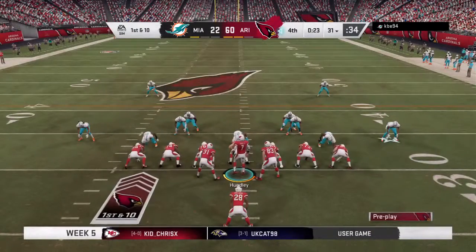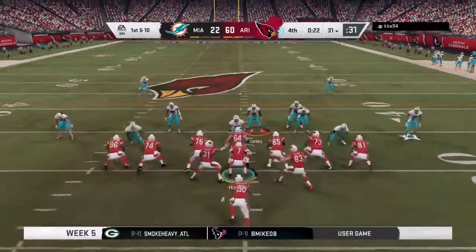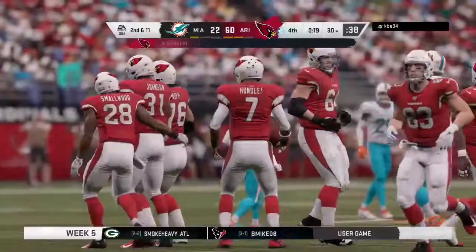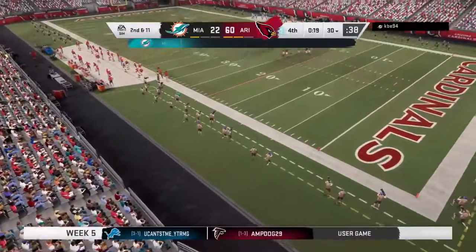Arizona's offense at the line, ready to get their drive started. And this game comfortably in hand. The scoreboard speaks for itself, but you still got your starting quarterback out there. When do you go to the backup, let him get some time? And that's one of the great questions in the NFL, Brandon, because I'm just going to tell you, in the